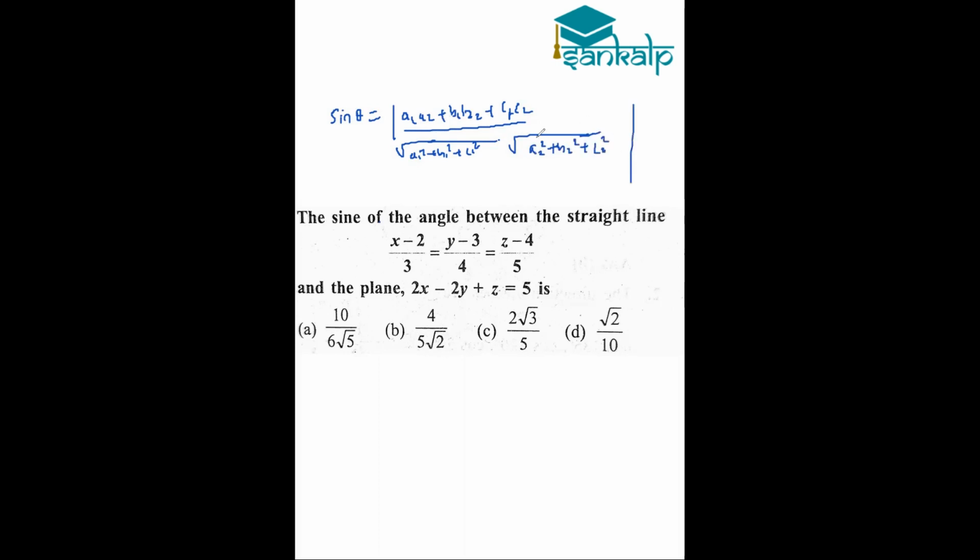The direction ratios of the plane, 2, minus 2, 1, give us a2 b2 c2, and a1 b1 c1 will be 3, 4 and 5. On substituting and simplifying, we get